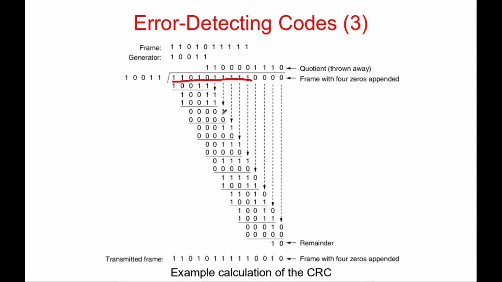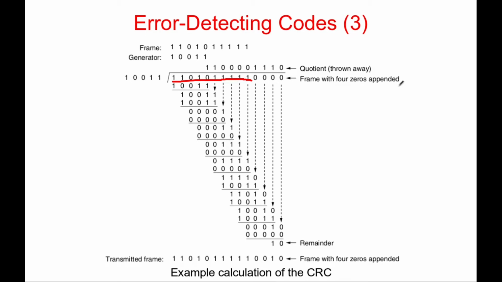We take one more bit from the right side, but as long as it has fewer bits as compared to the divisor, we cannot divide, and that's why we go on putting zeros until we get a term which can be divided by 10011 as here. Now that is once again divided by the divisor, and in this way it is carried out until we get a remainder which is 10. Here we do get a remainder.